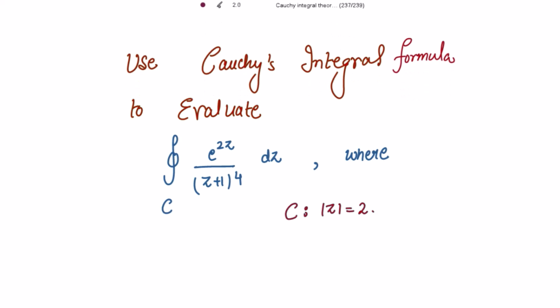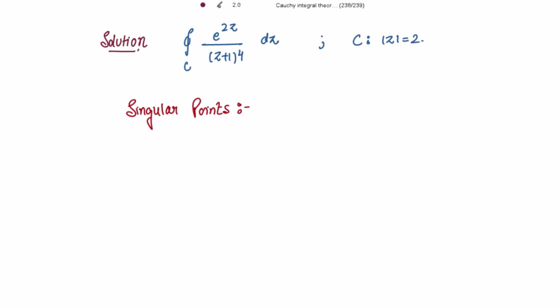Use Cauchy's integral formula to evaluate this integral, where C is the circle mod z equal to 2. So this is the integrand given to us with this circle. What are the singular points for this? To find the singular points, the points where this function is not defined,